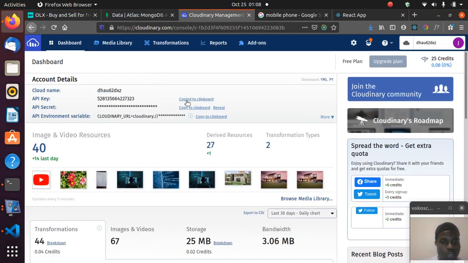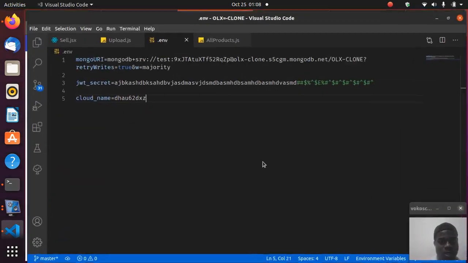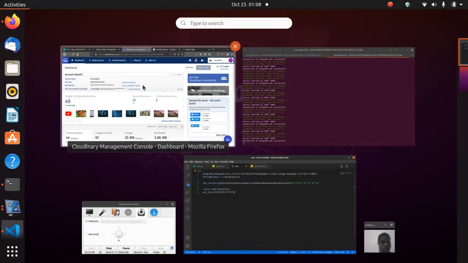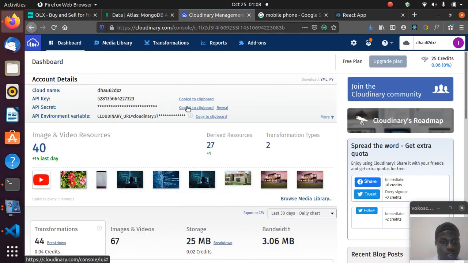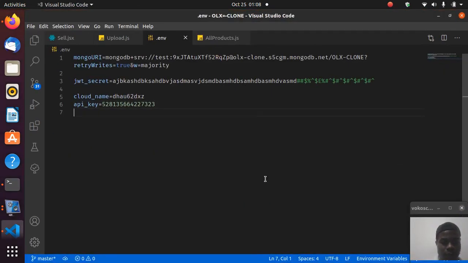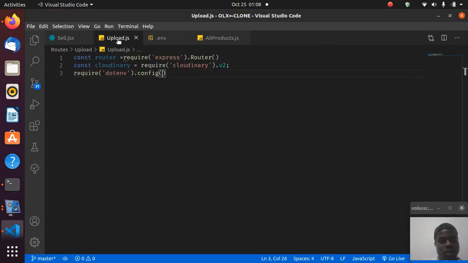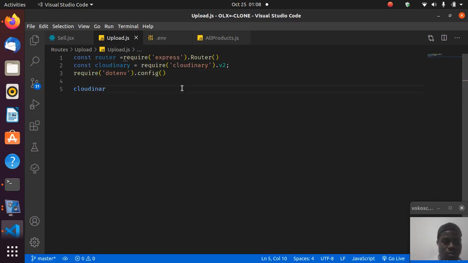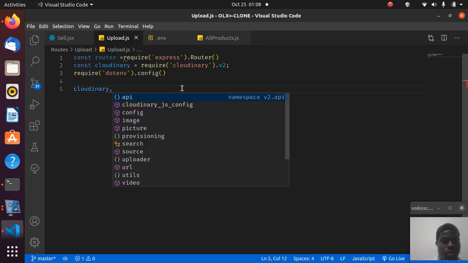We need the API key, API underscore key, and then we say that, and API underscore secret. So you guys should make your own account on Cloudinary. Yeah, so we say cloudinary.config,